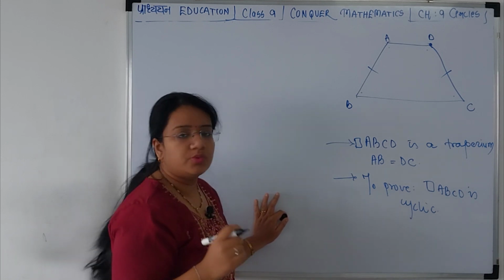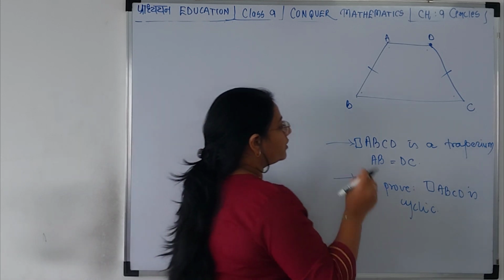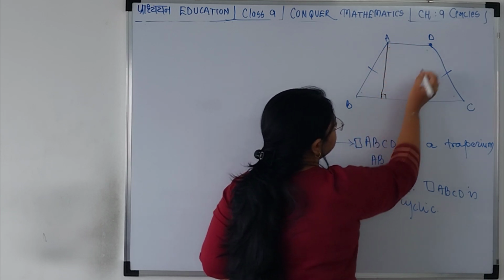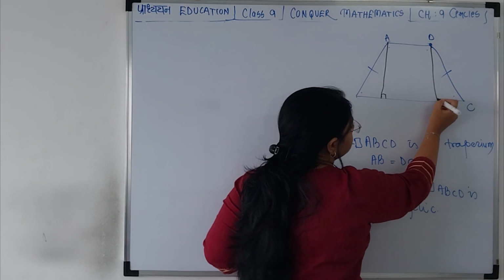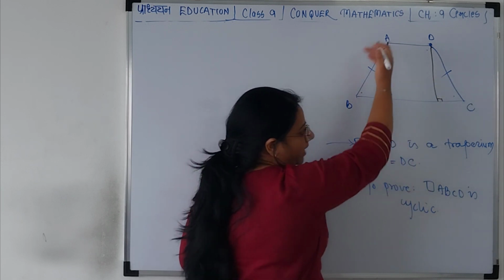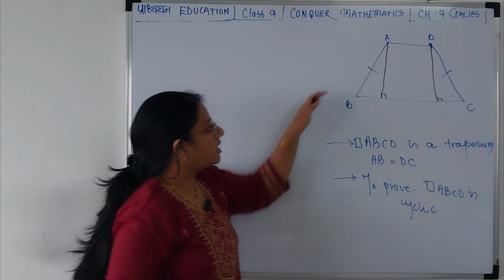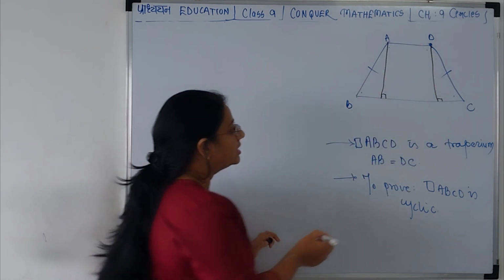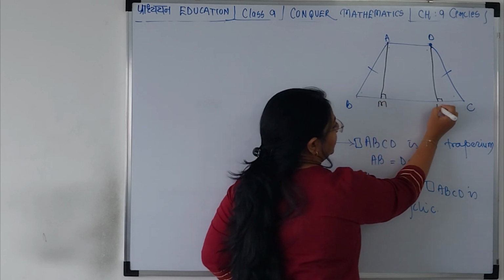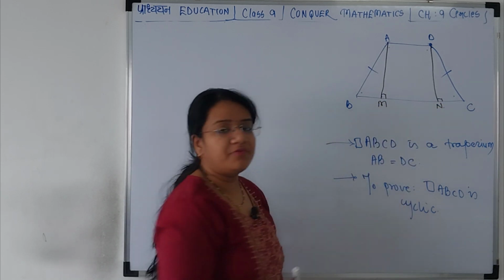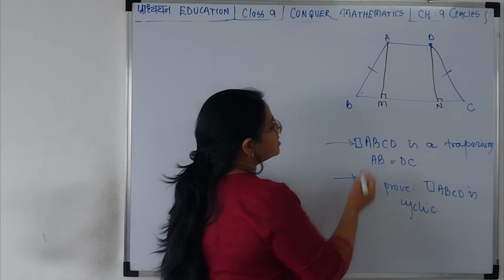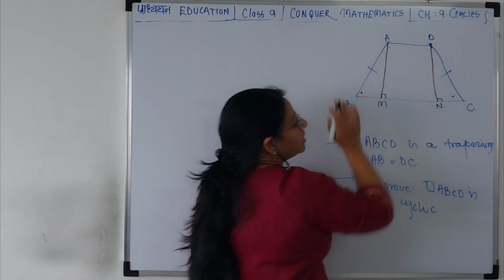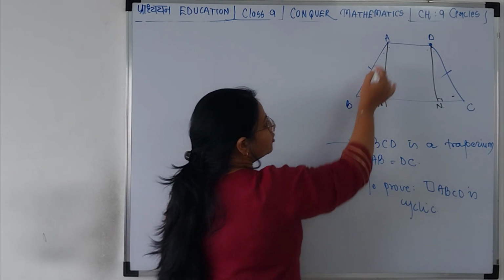Okay. How we will do this? Let's understand. First step will be drawing perpendiculars from the smaller side on the longer side. From the vertices of the parallel side, A to this, B to this side, you have to draw perpendiculars. And let's name them M and N. Okay, now why we have done this? Because I want something in relation to these two angles and these angles. Okay, so what we will do is we will first prove these two